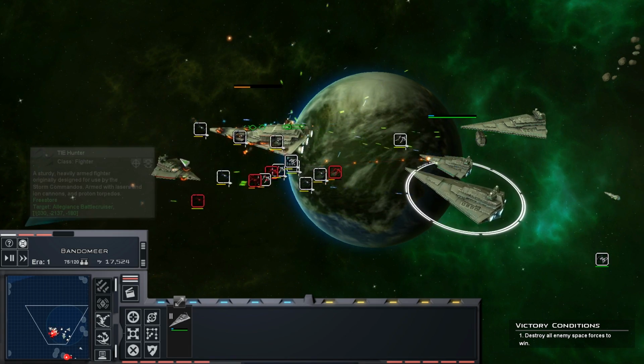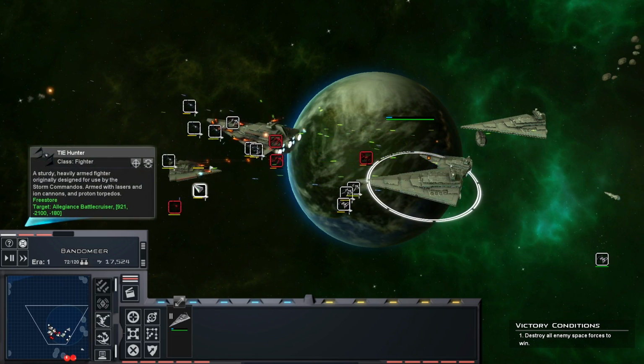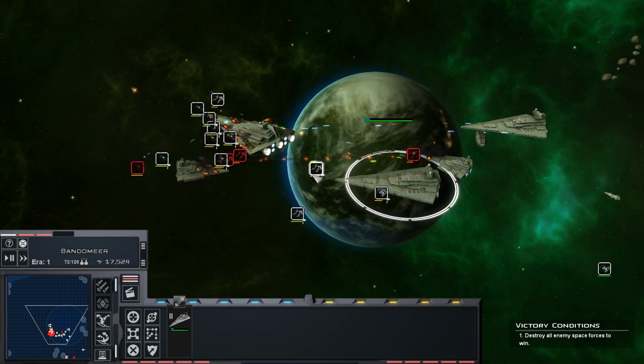So yeah, that was a lot of Maldrude capital ships that we've taken out. We should be a bit safer to push into some of their territory,